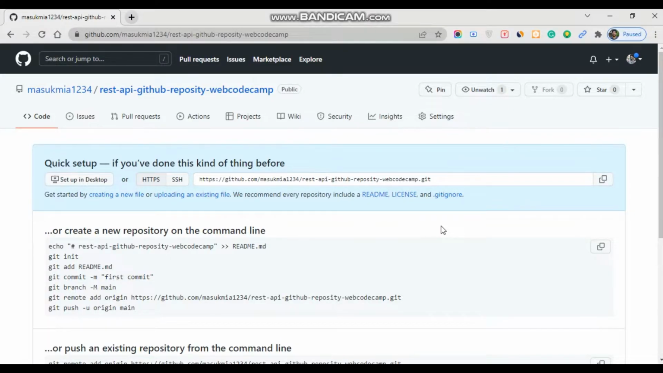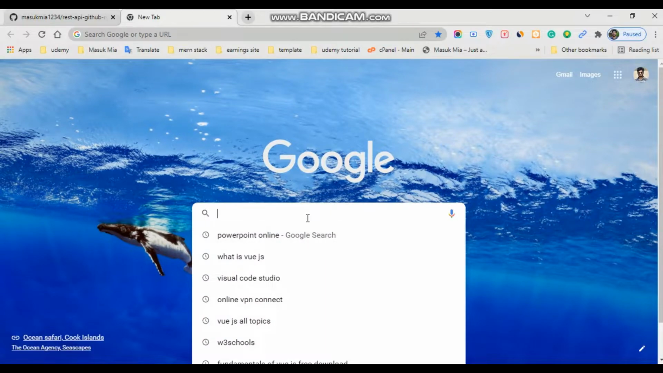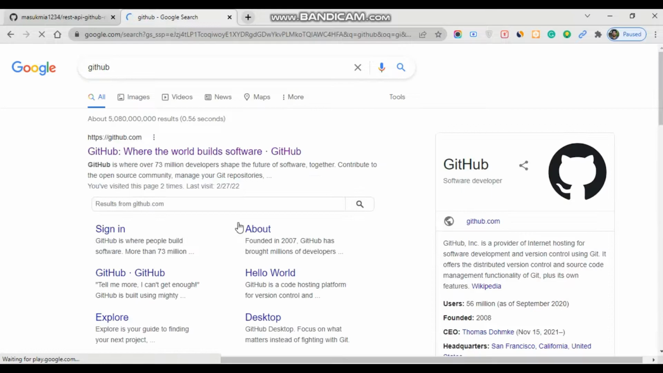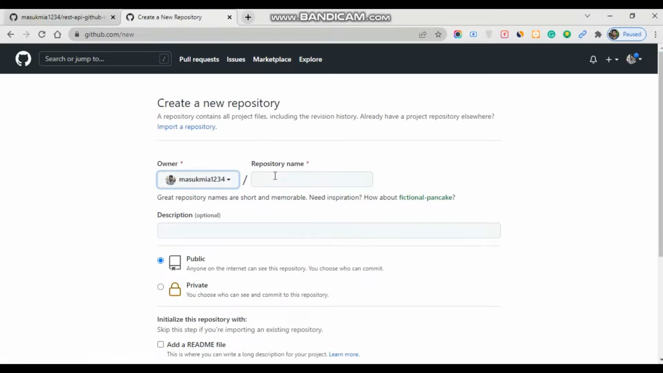In this tutorial I'm going to show you how to upload your project to GitHub. At first you have to open your Google browser, go to the search bar and search for GitHub. Okay, GitHub, then click this plus icon, click the new repository button, and write your folder name